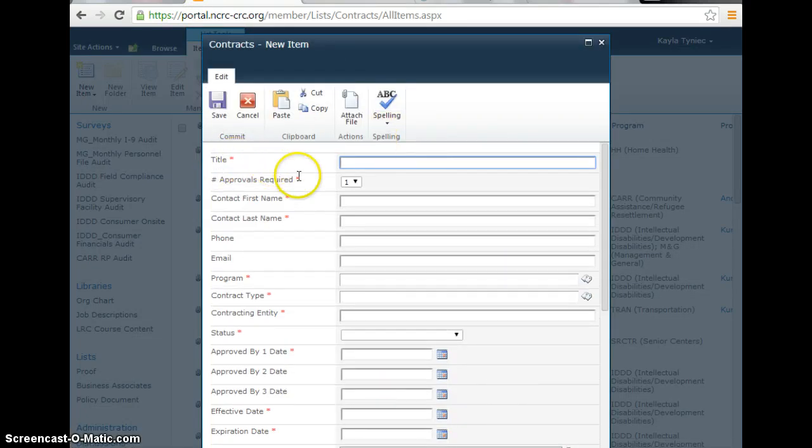The titles with the asterisks are required fields. And the title usually is like the content of the document that you're uploading, the contract, or if it has a name, you would have put the title as the name of the contract, so we'll just put the agreement. Next is the number of approvals required. There can be up to 3, but today we'll only pick 1,